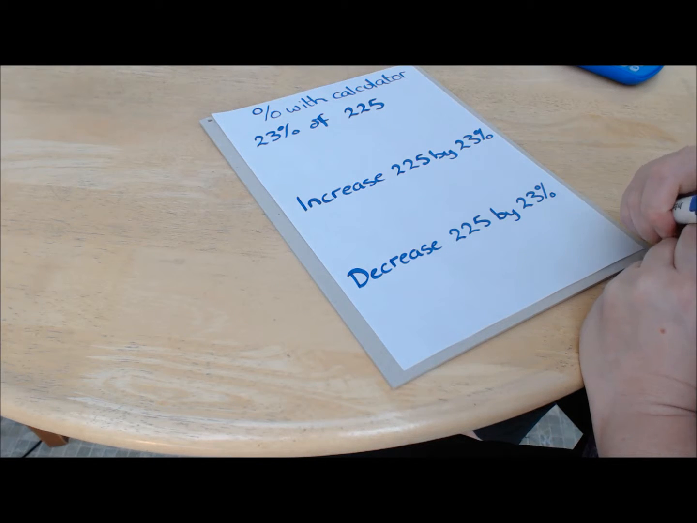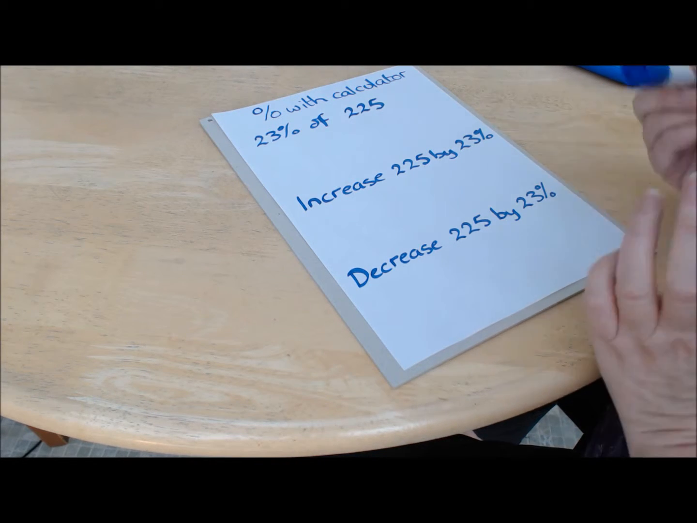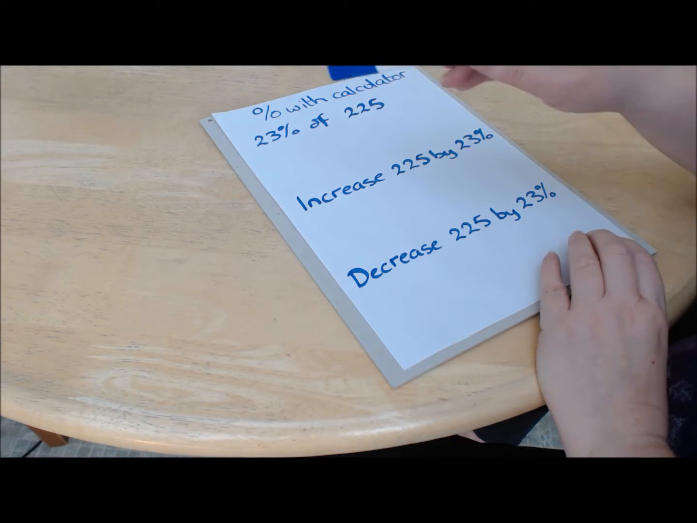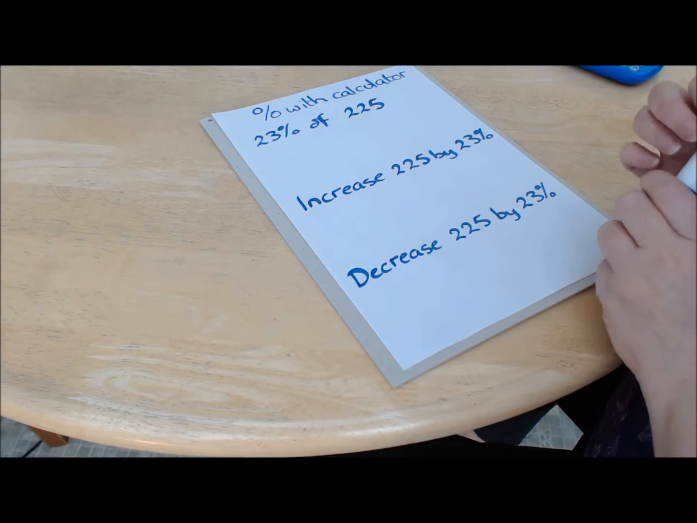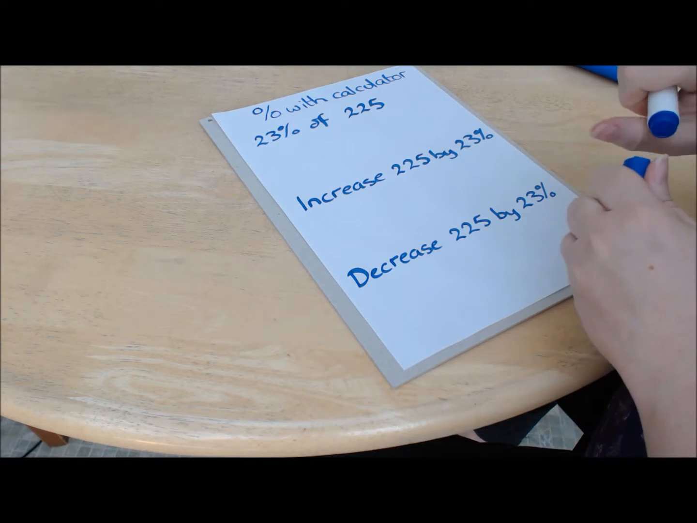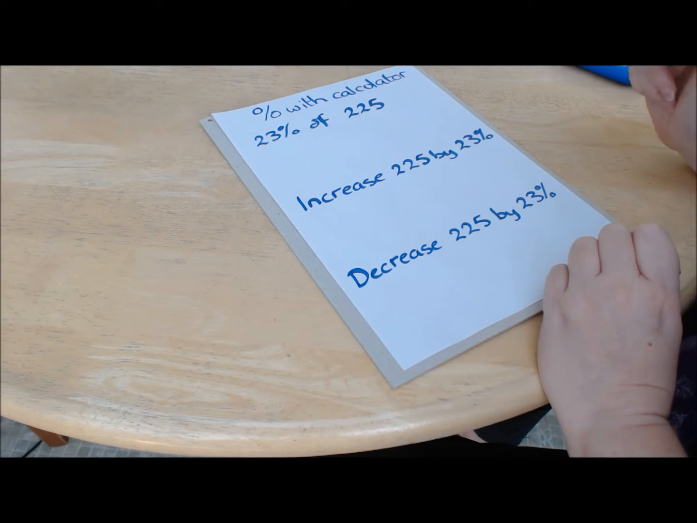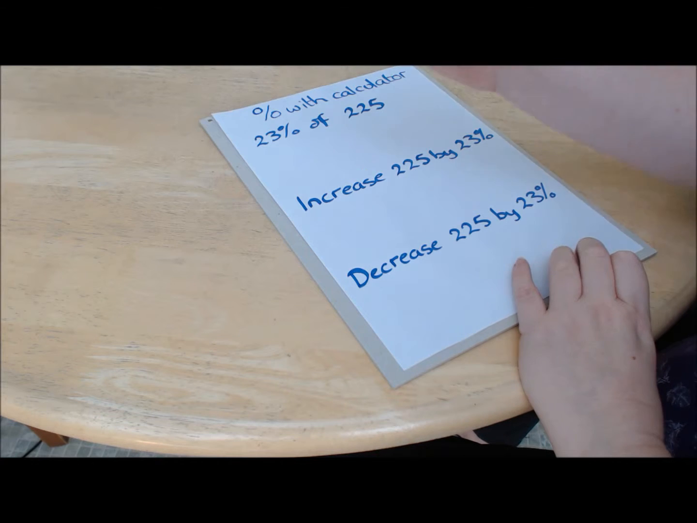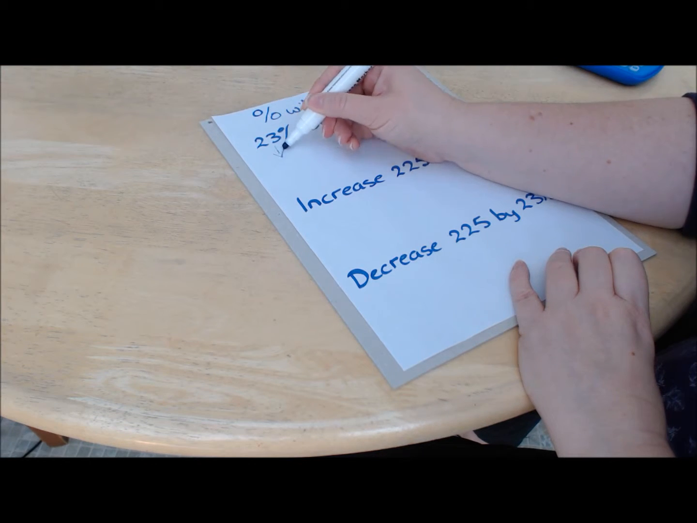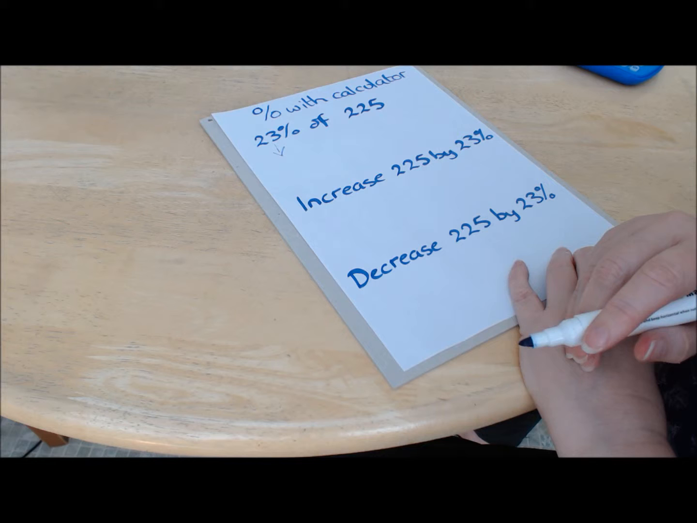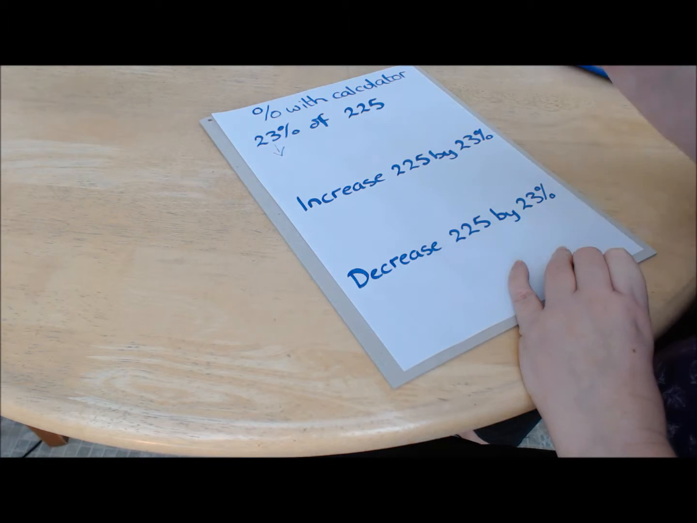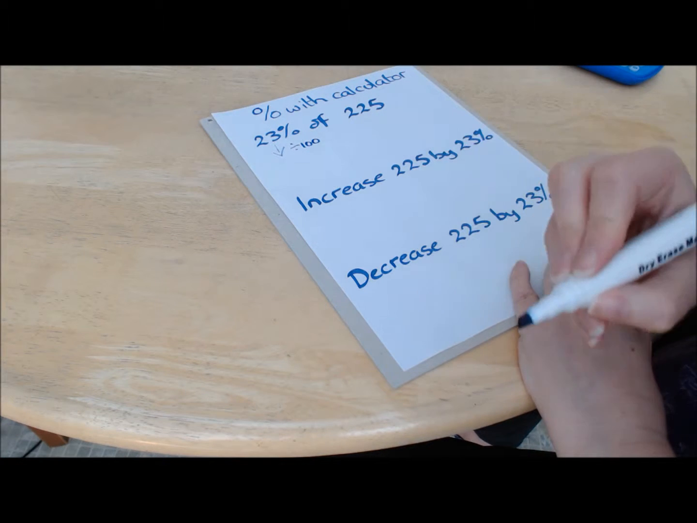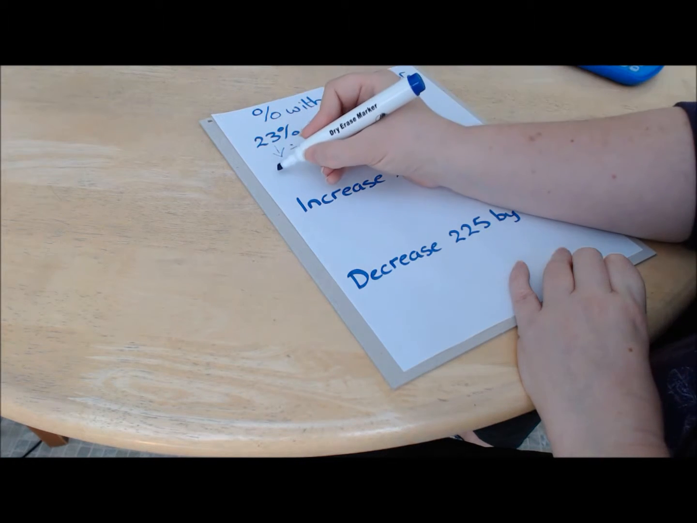To do percentages with a calculator in the most efficient way possible. So let's say that we've been asked to find 23% of 225. The secret to doing this in the most efficient way on the calculator is to know how to transform the 23% into its decimal version, which basically means dividing by 100. So 23 divided by 100 is going to give us